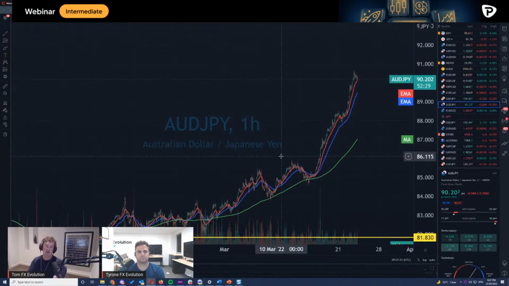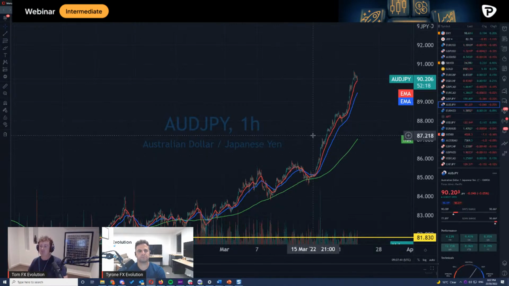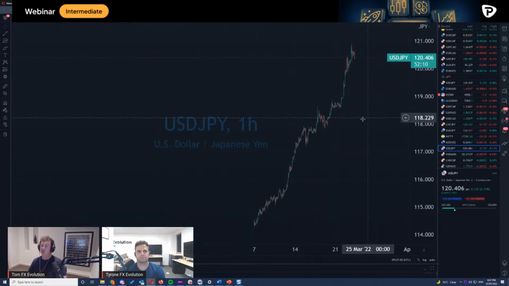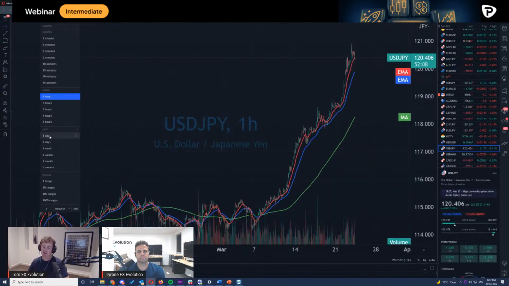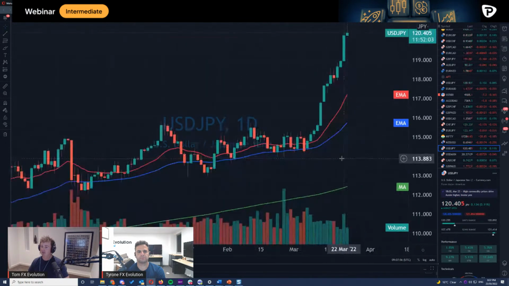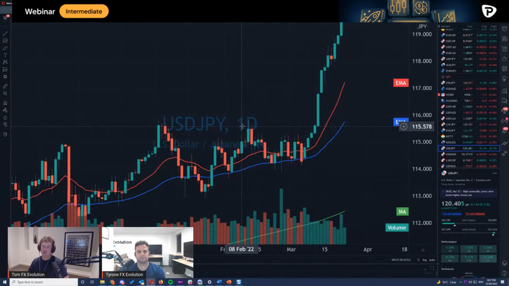So what tends to happen is when you have a strong currency, let's say the Aussie, comparatively strong against other currencies as well, such as the US dollar, when you see a breakout of something like a major, e.g. the US dollar yen, you might want to think, okay, well, how can I potentially place a better trade than this? So let's have a look at the US dollar yen trade and actually break it down quickly. So here it is. There's the exceptional movement. And this was coming off an incredible base.